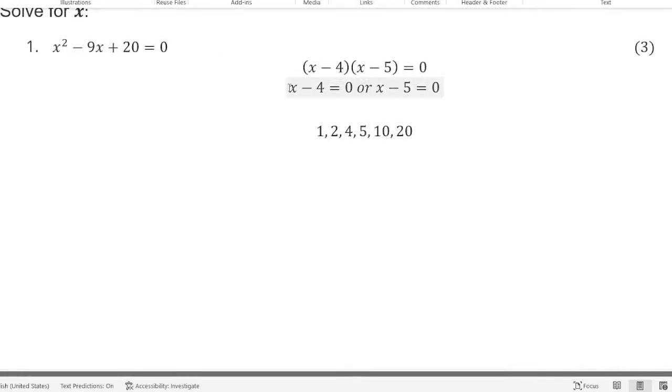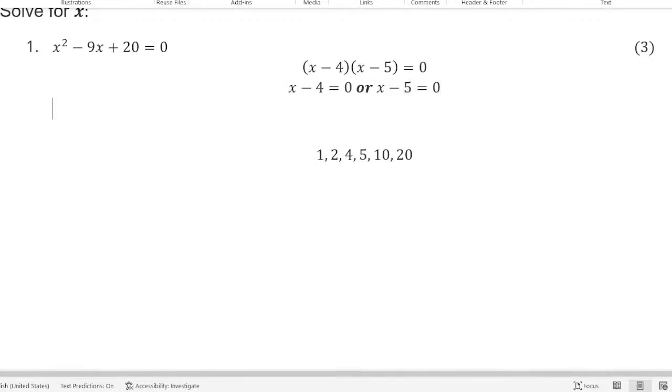So now we have these two possible solutions. We have x minus 4 is equal to 0, or x minus 5 is equal to 0. Which means we will say